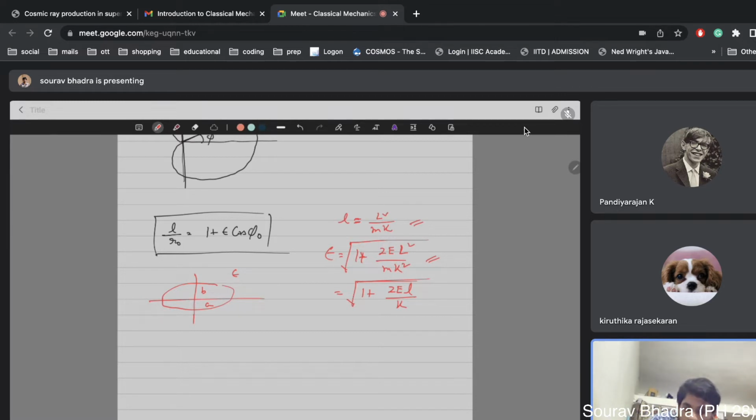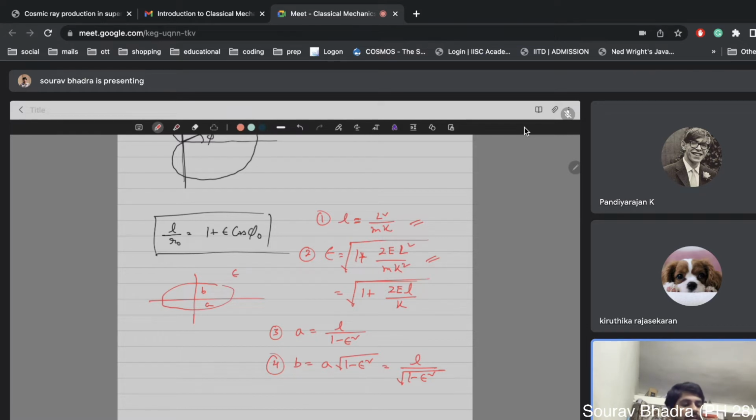Let me find it, I have also forgotten. Yeah, so you can write your a as l upon 1 minus epsilon squared, and b is actually a times the square root of 1 minus epsilon squared, and if you put the expression of a, that will give you l upon square root of 1 minus epsilon squared. So all this, semi-latus rectum, eccentricity, semi-major axis and semi-minor axis,